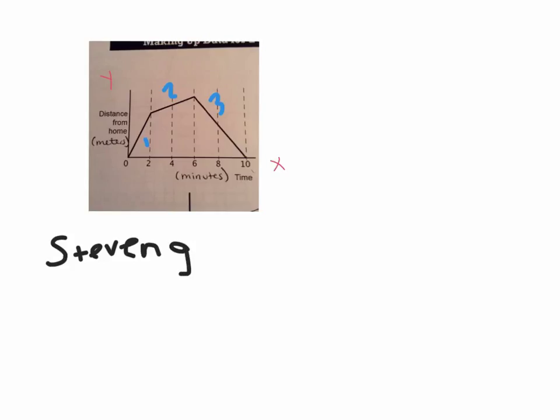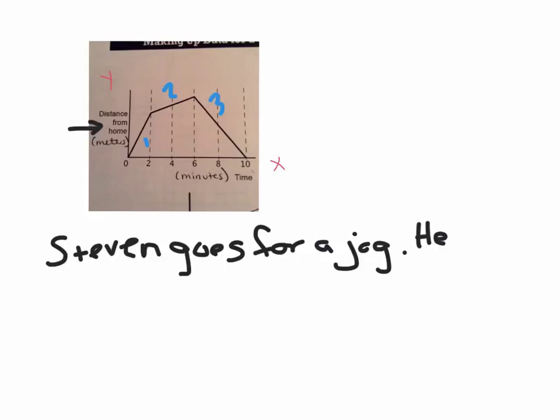Stephen goes for a jog. Okay, he leaves home, and we know it's home because of our Y label. He leaves home, and now we have to say something about the rate. So I mean, he's traveling pretty fast, right? He's definitely jogging. So he leaves home and jogs